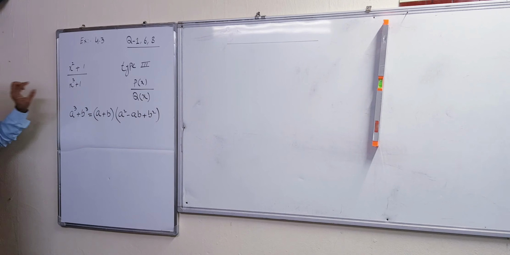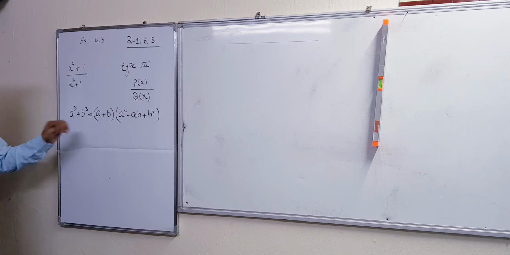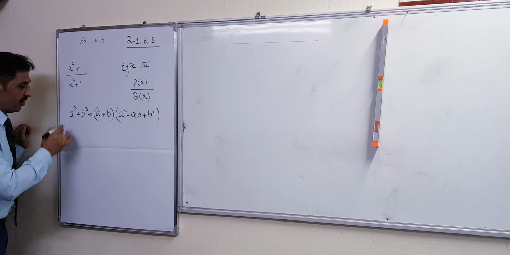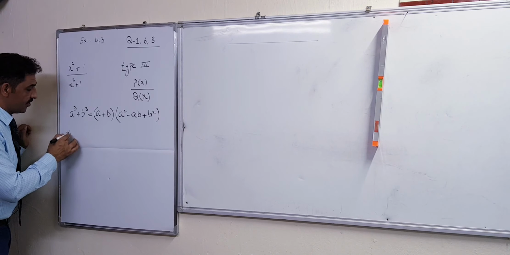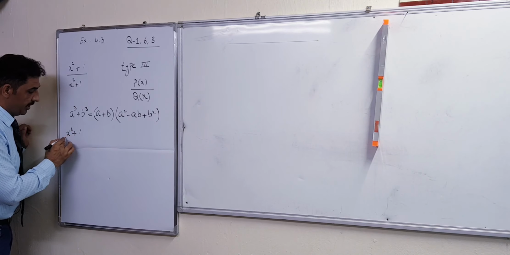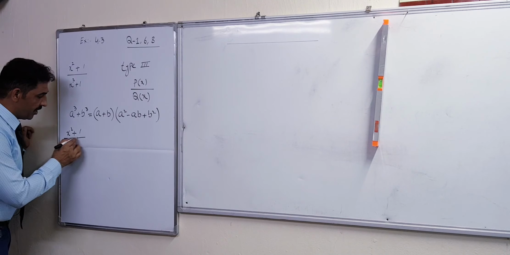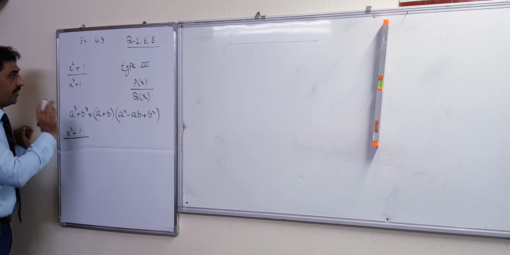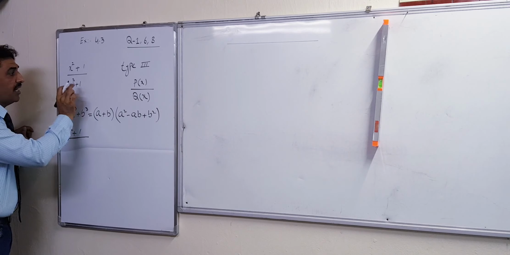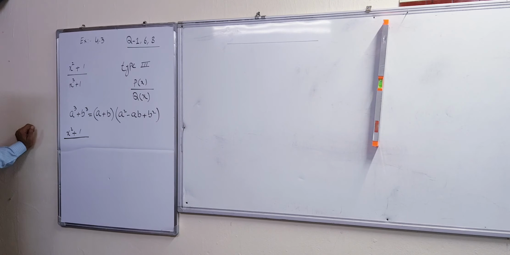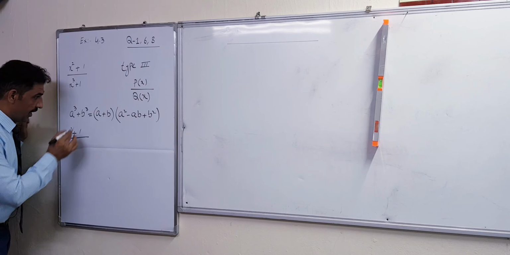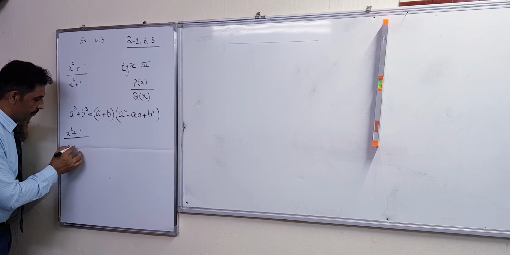So we will apply this formula in the denominator, then after that we start to solve. When we apply this formula in the denominator, the numerator x square plus 1 will remain the same. There is no change in the numerator. The change is in the denominator: a plus b, because that is x cube plus 1. 1 cube is also equal to 1, so that's why only 1 is written here. So a plus b, you will write x plus 1.